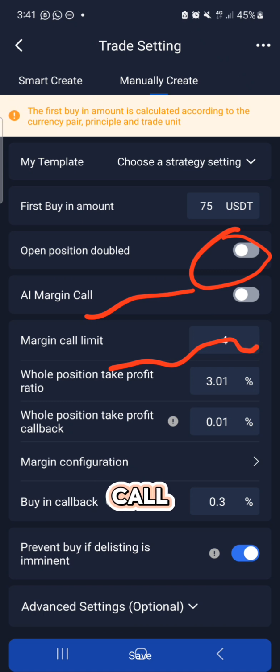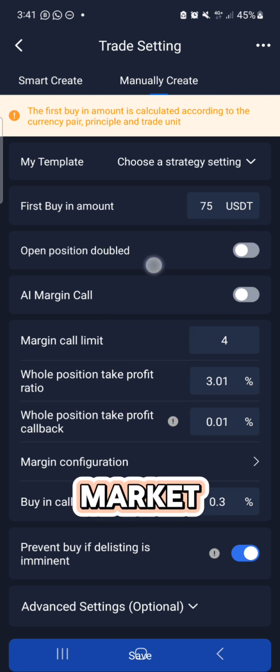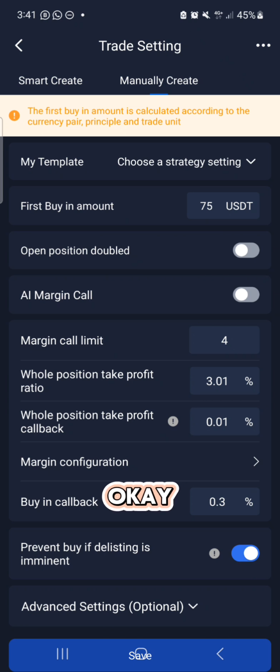Then margin call limit, this is the number of margin calls you want the robot to use. So it's the number of times you want the robot to buy as the market continues to drop. Then the whole position take profit ratio, this is the amount of money you want to collect from the market. Okay, then the whole position take profit callback,